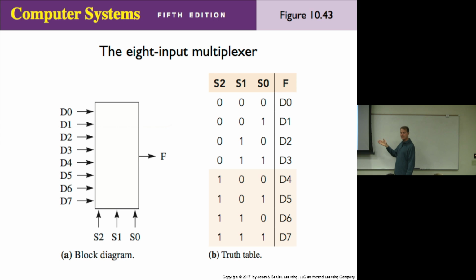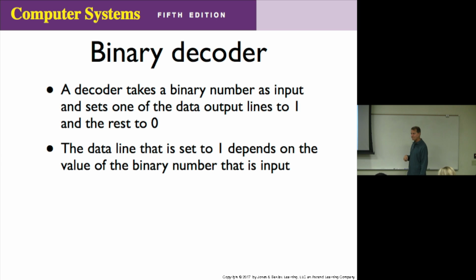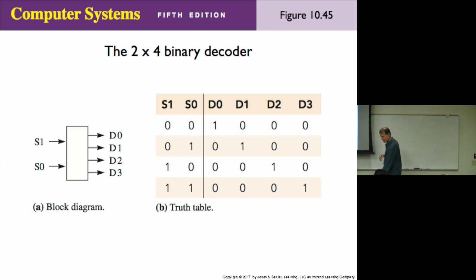Does everybody remember how that works? I mean, what that does? Any questions about that? And here on figure 10.44 we saw the implementation. And then the next device that we looked at was a binary decoder. And a decoder takes a binary number as input and sets one of the data output lines to 1 and the rest to 0. All right? So here was an example of a 4-output binary decoder. So it takes a 2-bit number,